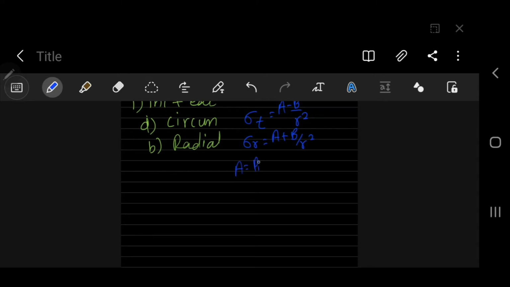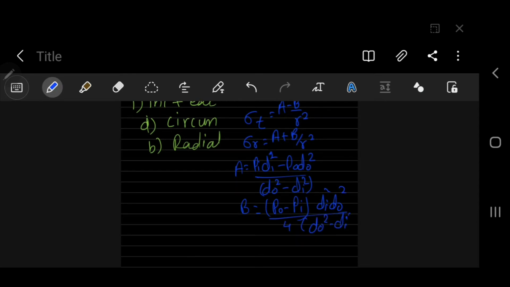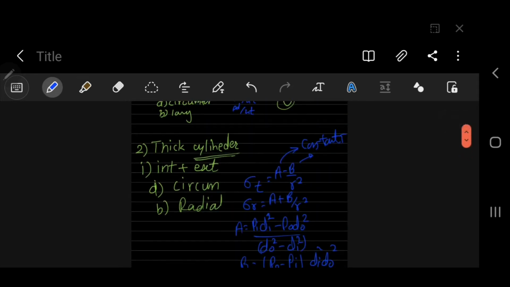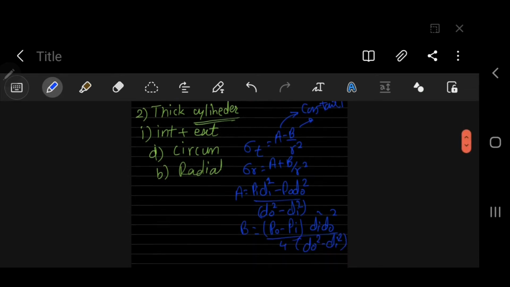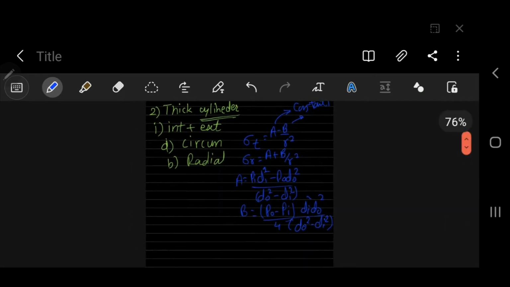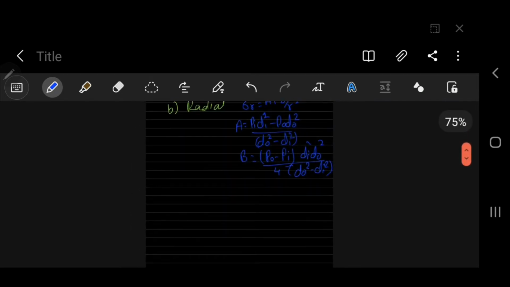the formula to calculate A will be (P_i D_i square minus P_o D_o square) divided by (D outer square minus D inner square), and the formula for B is (P outer minus P inner) D inner square D outer square divided by 4 (D outer square minus D inner square). Okay. So this will be the case for a thick cylinder which is subjected to internal as well as external pressure. These are the formulas which will be required for the oral exam, and now we will take a case